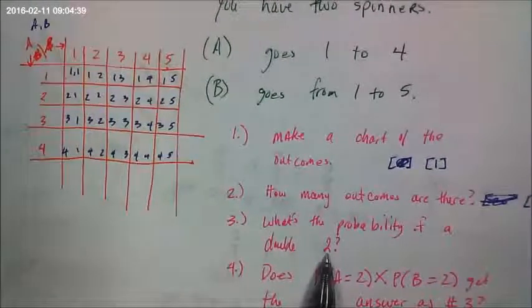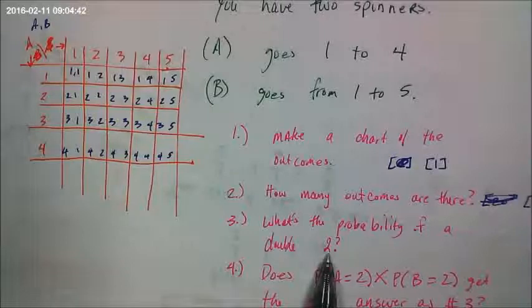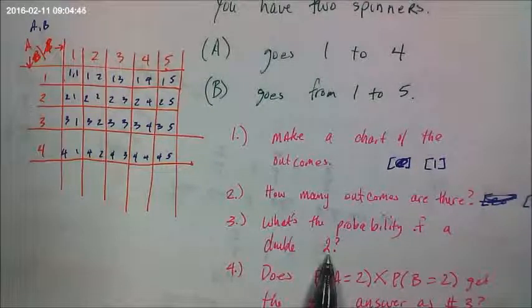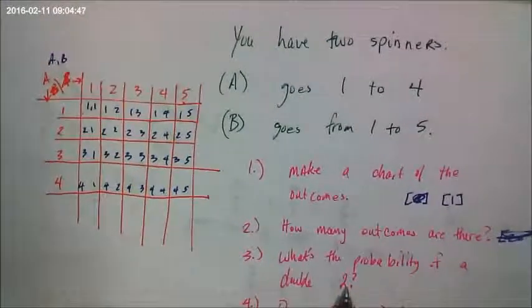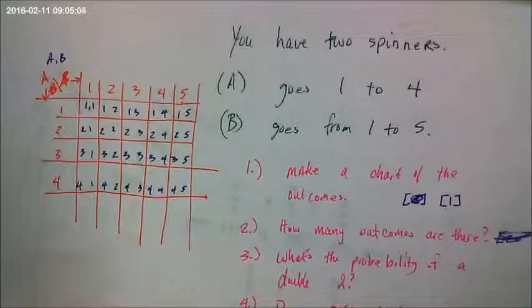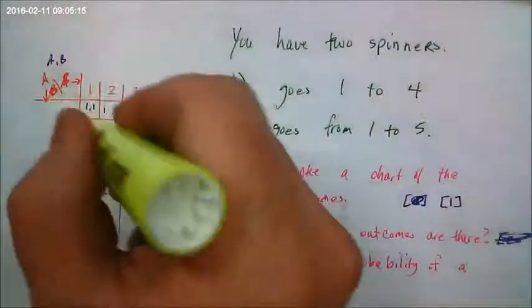Hey, what's the probability of getting a double 2? Do you guys agree with that? Because if you look, this is really easy if you use the chart. You don't have to set up a whole bunch of math if you have the chart. Probability is actually a huge subject, and it's complicated. It's a lot of fun, but it's really challenging. But Cambridge has a very small focus, and a lot of times they make you use a chart because it makes life easy. They give you problems that you can set up with a chart. So you see how there's only one way? It's right here.